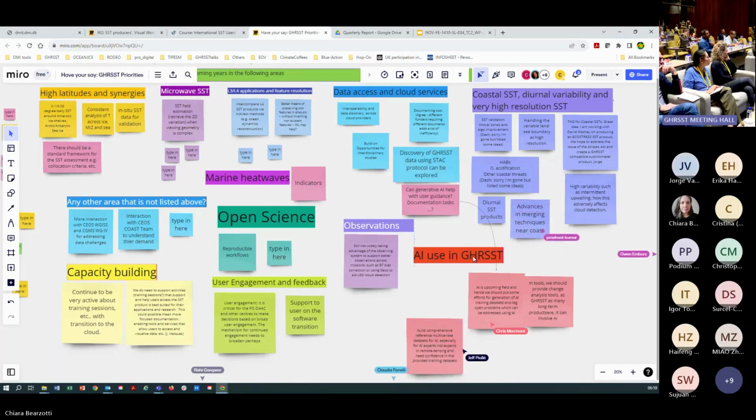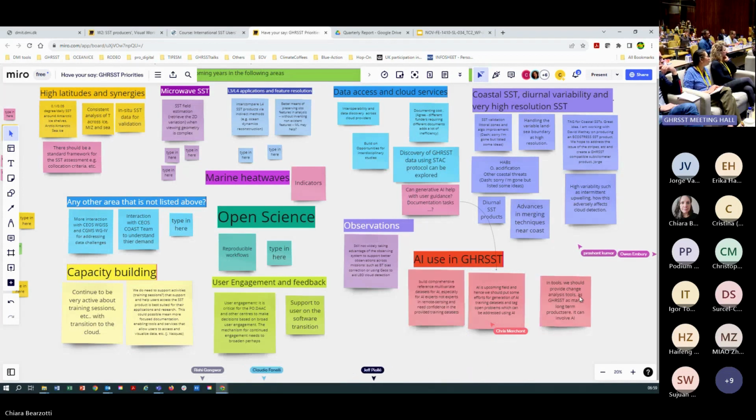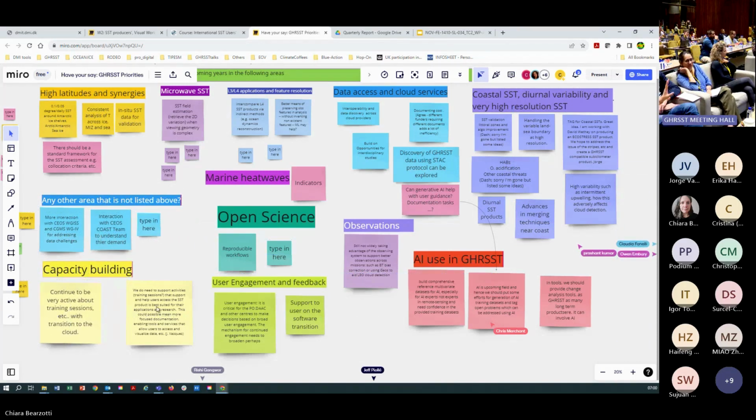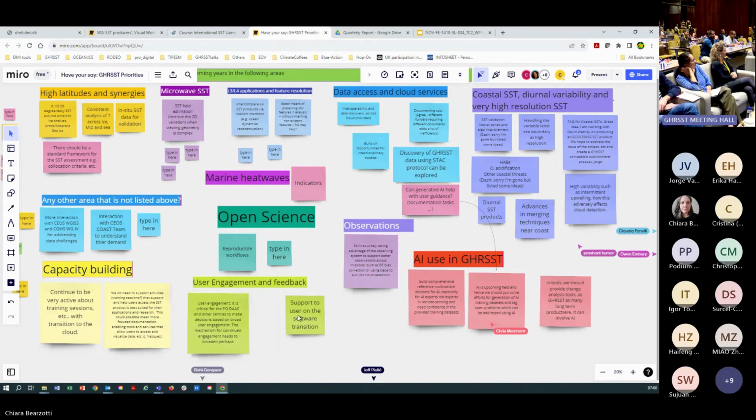I think that completes the questions. So yeah, it's great to see the activity on the Miro board. I can see a lot of people moving stickers around and writing things. So please keep going with that. They will be open into next week. So you can even have a think over the weekend and add comments next week if you like. And then we'll do some work with the GRIS project office and try to consolidate some of these feedbacks and take these forward and see what we need to do next.